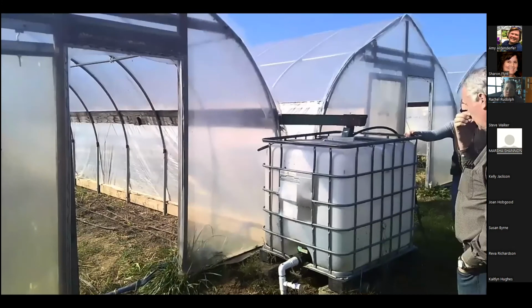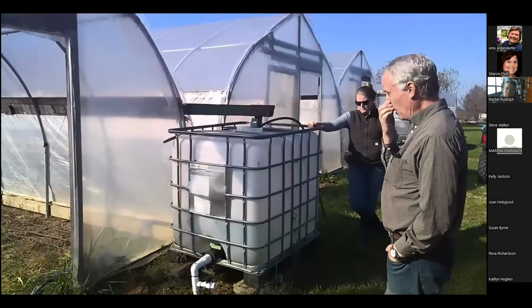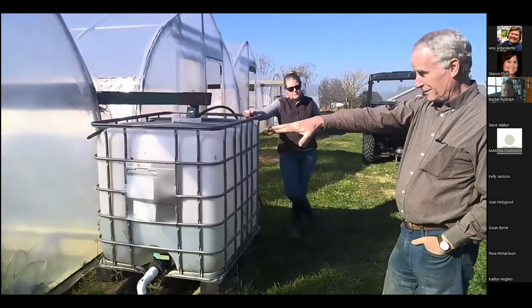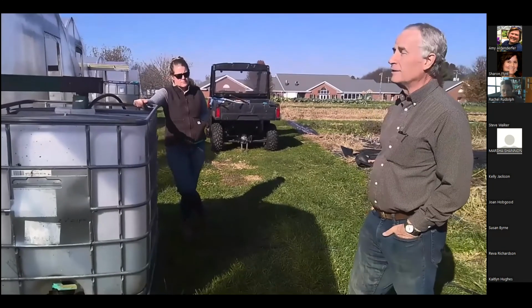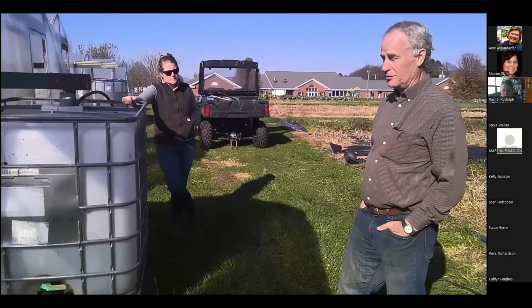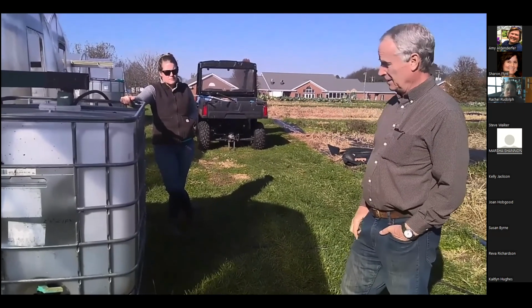You might think, well, the drip line's close to the tank, so it's going to put out a lot more water than those further away. But with this size tunnel, that's not the case. It's extremely uniform if you follow a few simple guidelines. And those guidelines are,